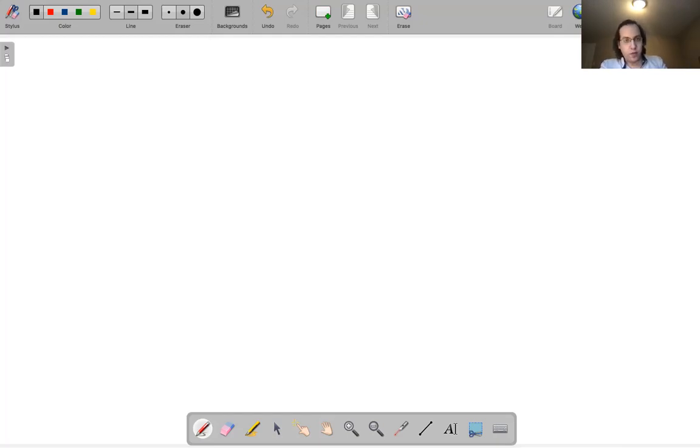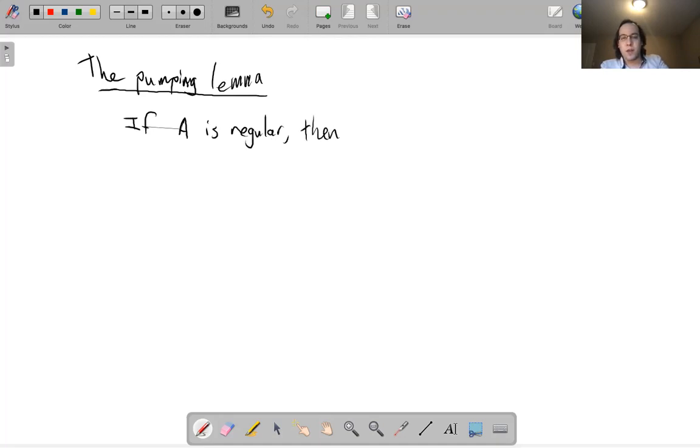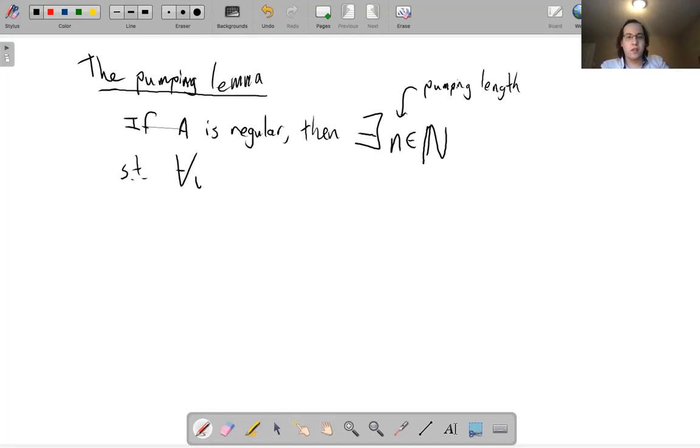Okay, so the pumping lemma says that if a language A is regular, then there exists an integer n, the minimum such n is called the pumping length, such that for any string of length at least n,